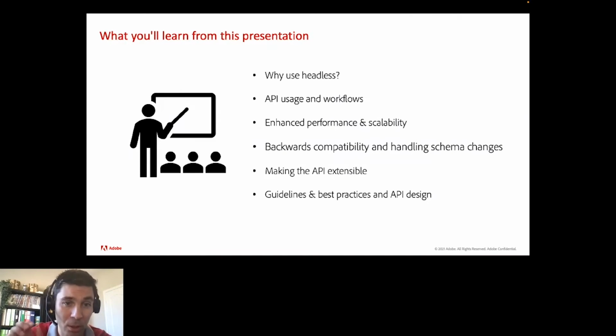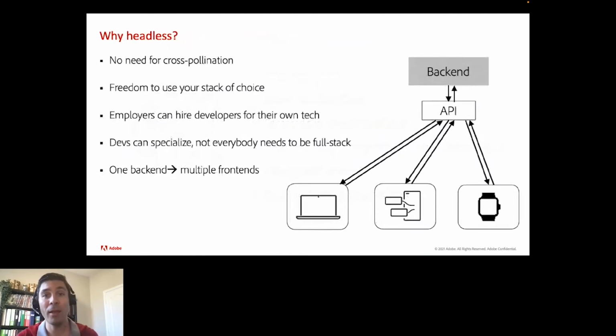So let's go with the first point: why headless?